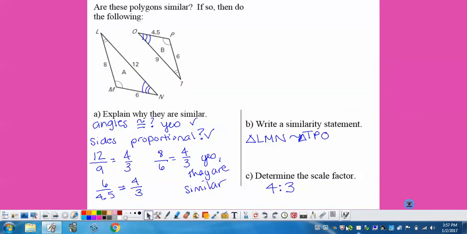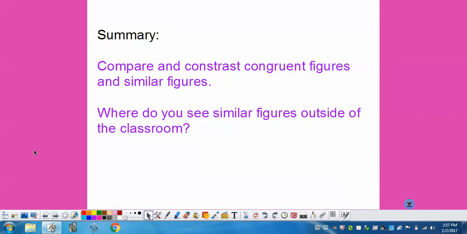And finally, for your summary, compare and contrast congruent figures and similar figures. Also, where do you see similar figures outside the classroom? That's all for today. See you